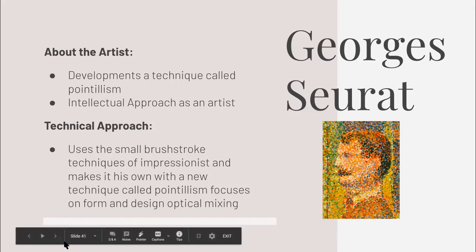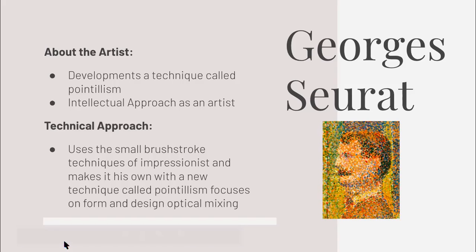He uses small brushstrokes but primarily he does pointillism. Basically, little dots of paint take up the majority of his pieces. I think we've all at some point done art in elementary school or even high school where we were asked to create a pointillism piece, right? It was just a whole bunch of little dots taking up the whole page, and they were very tedious to do, took forever, and it never felt like it got done. But that essentially is pointillism, and that's what George Seurat explored in a lot of his artwork.